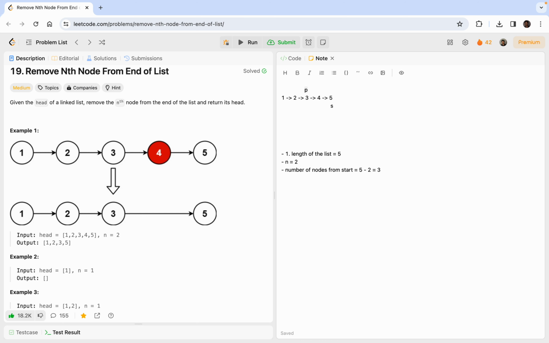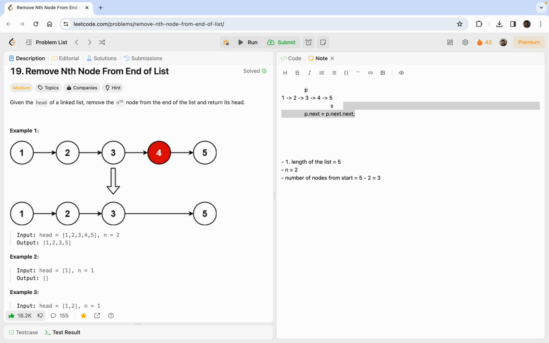Now what we can do is simply say p.next is equal to p.next.next. Simply we have got rid of this second last element. Like that, we need not find the length of the list this way. And there's one edge case in this approach,